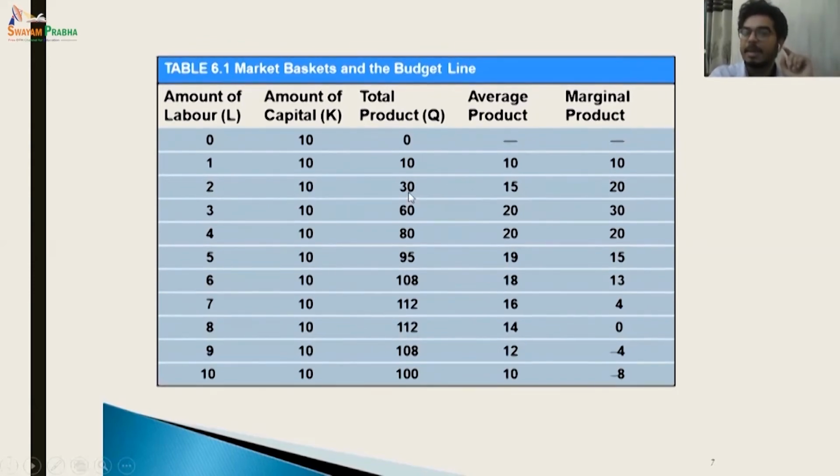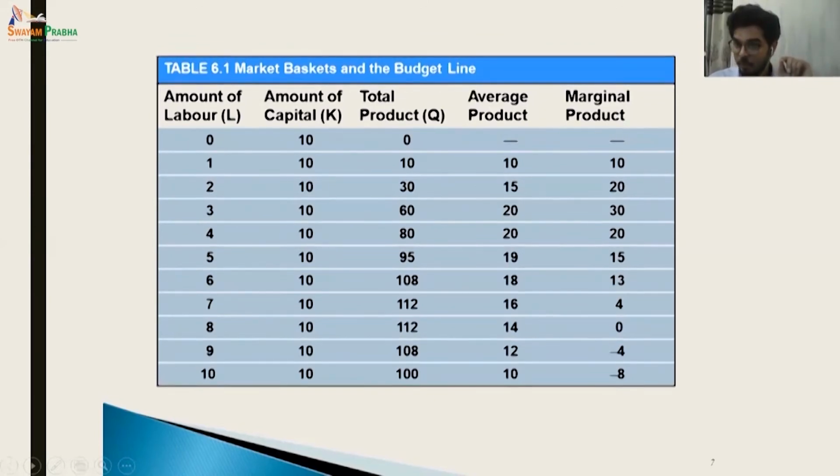Further, 60 minus 30 is 30, divided by 3 minus 2, which is 1. So 30 by 1 is 30. So on, 80 minus 60 divided by 4 minus 3. 80 minus 60 is 20, 4 minus 3 is 1. And it continues. If you see, after this 10, 20, 30, at point 3, any further